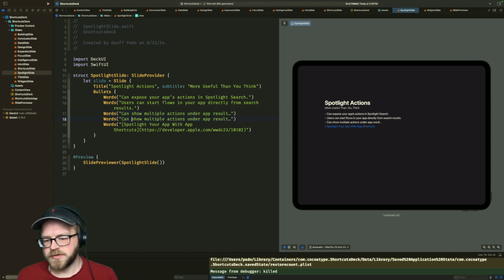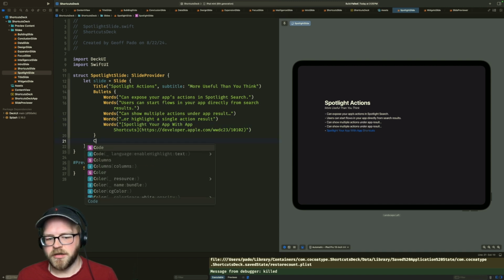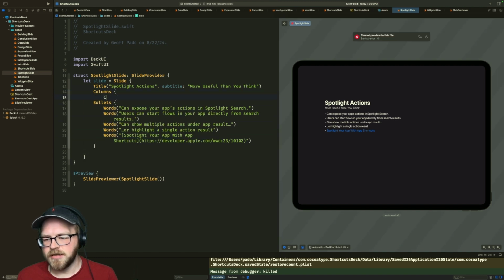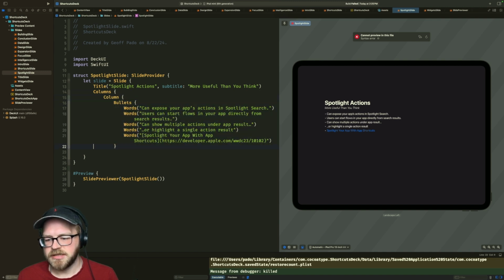Or expose a single action, or highlight a single action result. So then, yeah, our other column here, I kind of want, no, this is why I don't like this. I need columns, and then I need a column in my columns. I think that's silly. It's okay.